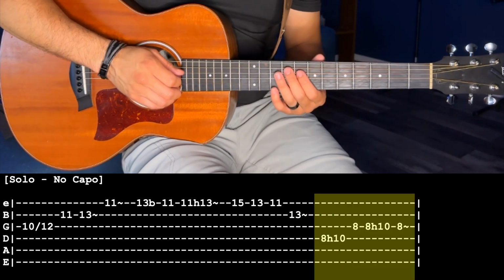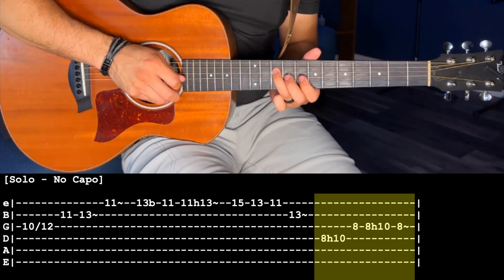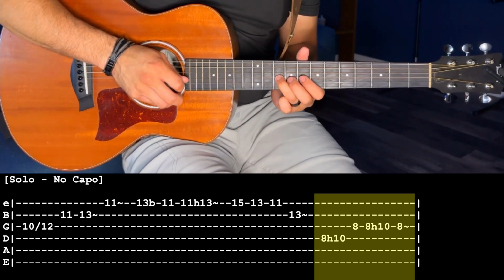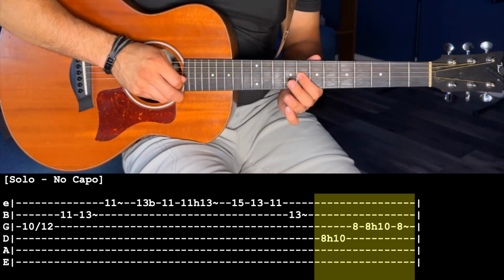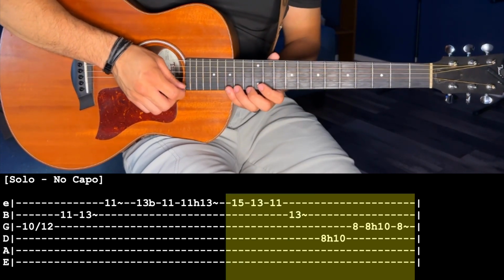Now from here, we're going to end going to the 8th fret of the D string. You're going to pluck and hammer onto the 10th fret, then go 8th fret G, then you're going to pluck 8th fret G, hammer onto the 10th fret, and then go back to the 8th fret G, pluck that note and let it ring out. So now starting from that 15th fret,